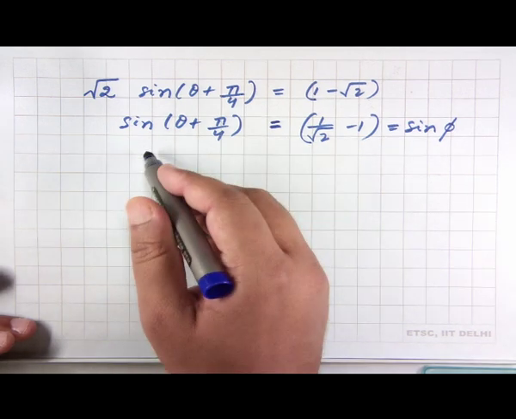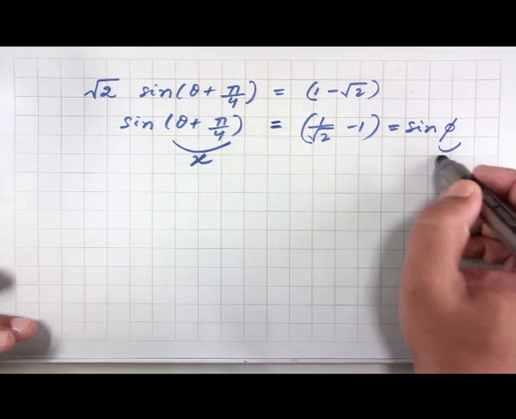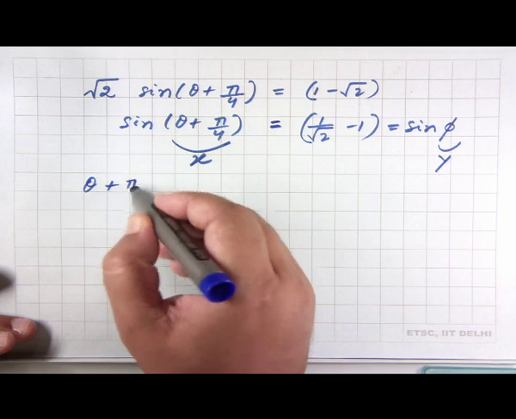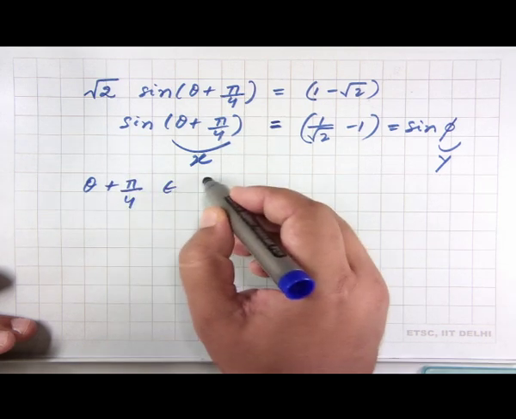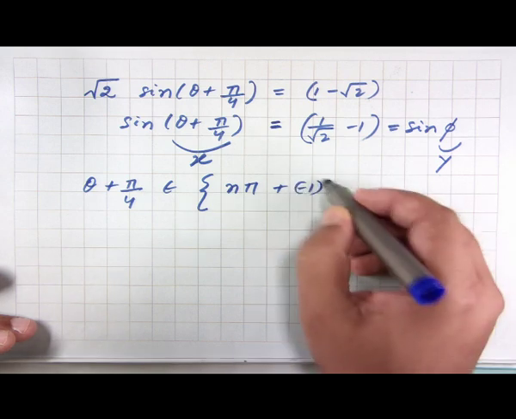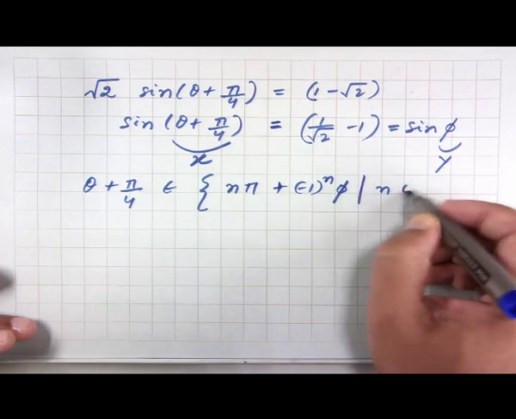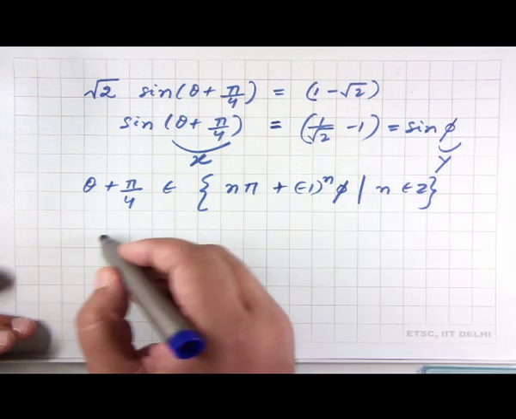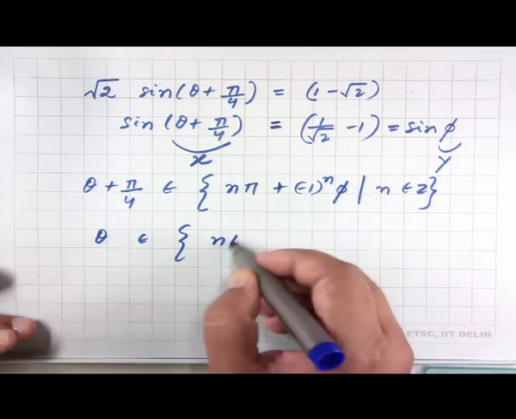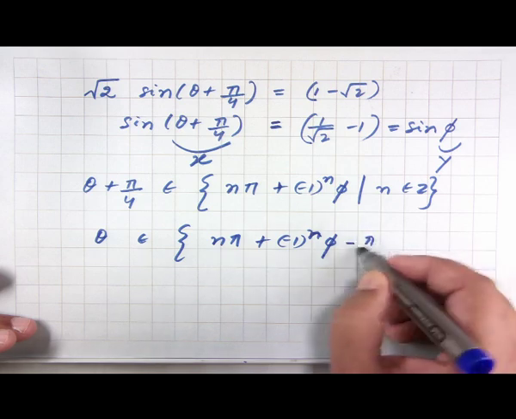Now we again have the same equation of the form sin x is equal to sin y, for which we have the solution that theta plus pi by 4 should belong to the set n pi plus minus 1 to the power of n times phi for all integer n, and therefore, the general solution set for theta will be n pi plus minus 1 to the power of n times phi minus pi by 4